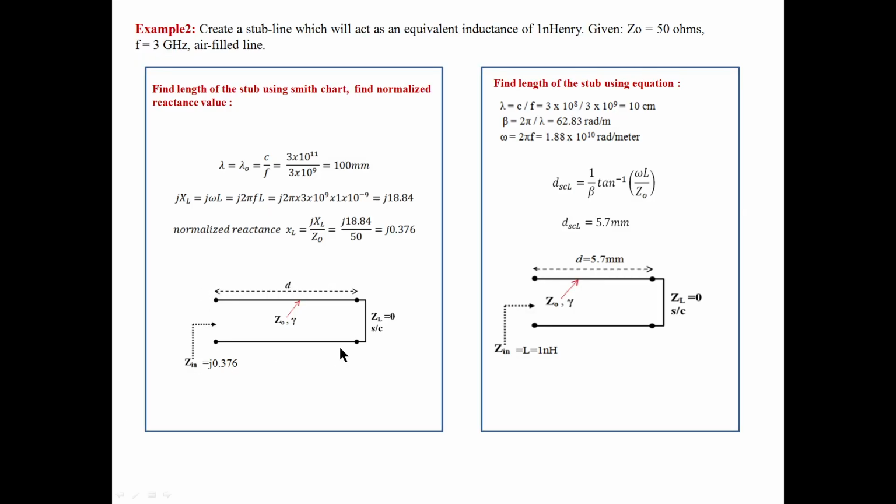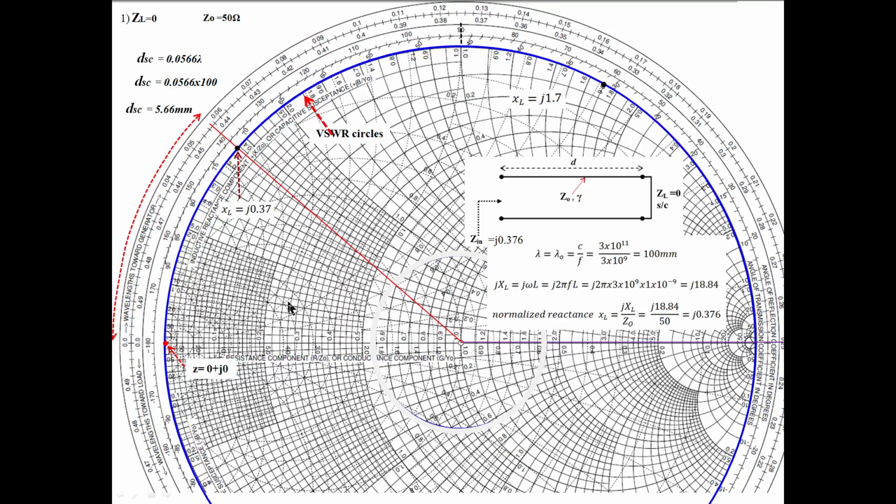Okay, so just to find the reactance, we find the normalized reactance. To get this reactance, what is the length of the line? To find this, it is easy from the Smith chart. This is the short circuited point. From here we should move like this, and wherever you find our value, stop. You will get the length.